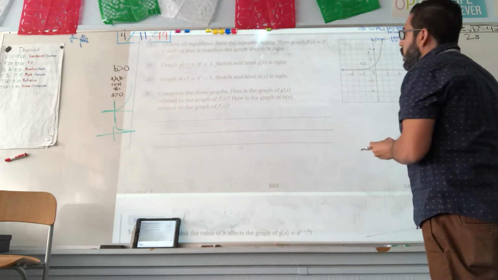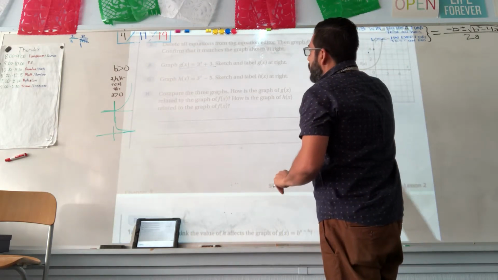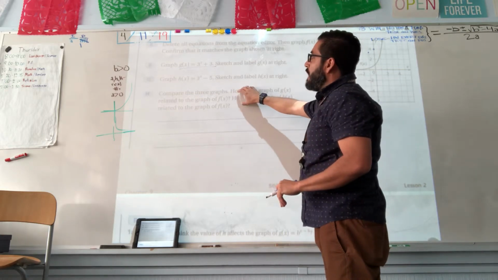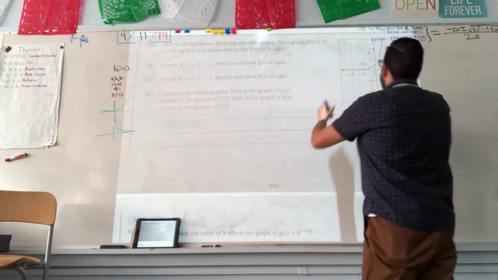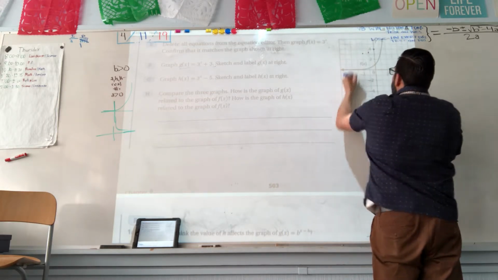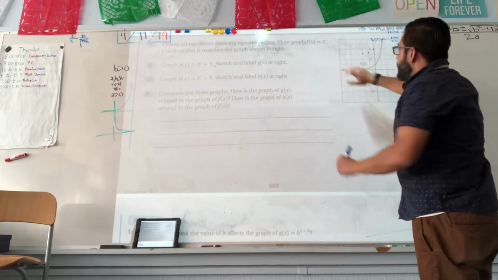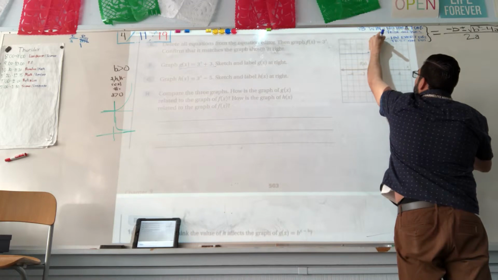Okay. When x is -2, that would be 1 over 9 plus 3, which would be 3 1/9. Okay. So we're looking at this, and you can see that this graph moves up